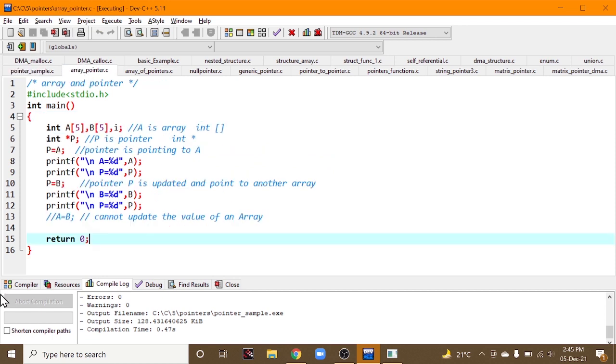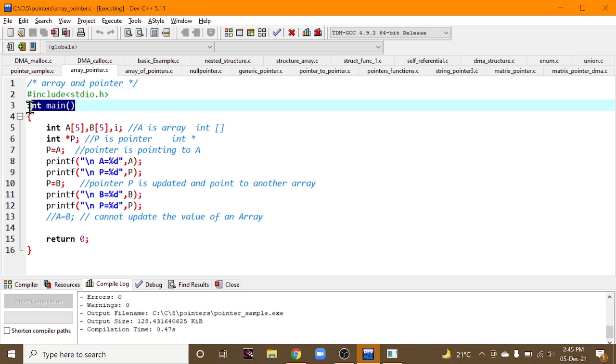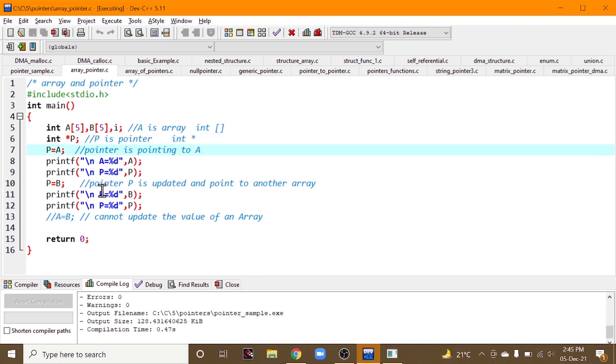Now let us see array pointer. This is the program related to array and pointer. Initially inside the main method, we have defined array a, array b, and some random variable i, with fixed sizes 5 and 5. Definition of a pointer, int star p. And what I am doing here, array a is being assigned to pointer p,